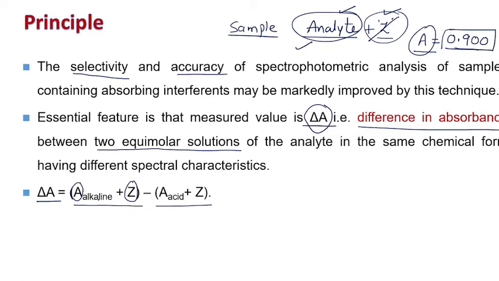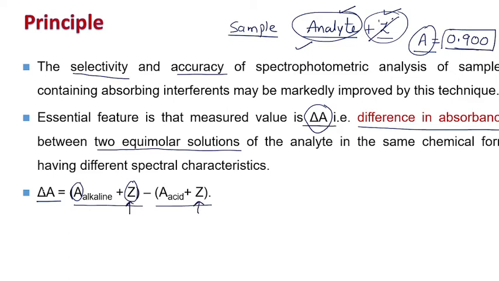If I am dissolving my sample in the alkaline pH, it may get ionized if the drug is acidic. So an acidic drug will get ionized in alkaline pH and it may show a greater absorbance. But in case of acidic pH, because the drug is acidic, it will remain unionized and it will lower down the absorbance. But the change in pH does not have any effect on the absorbance of these impurities. It remains as it is.